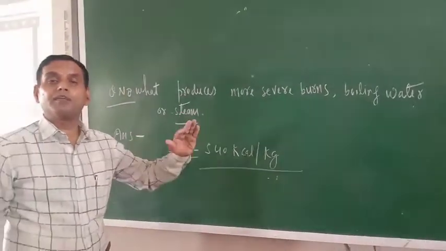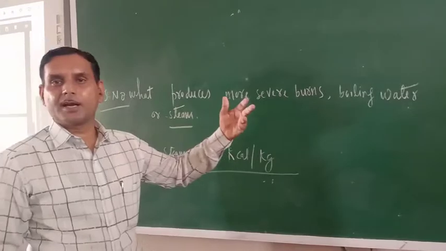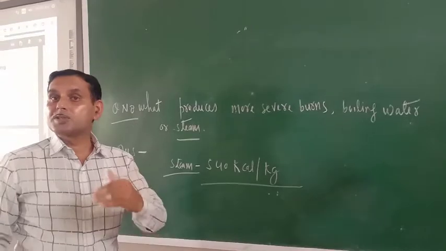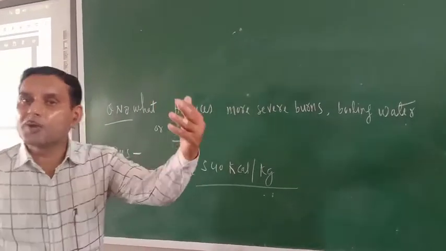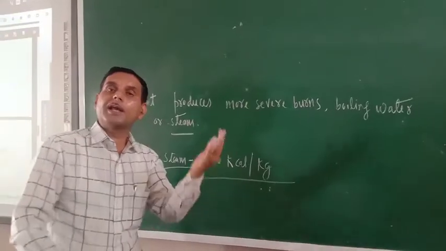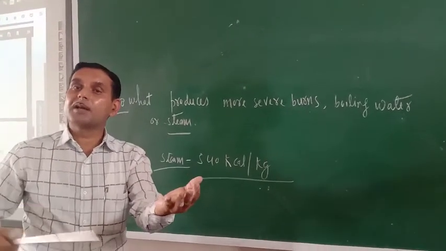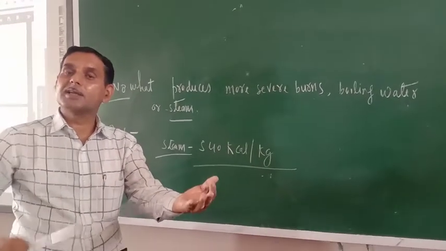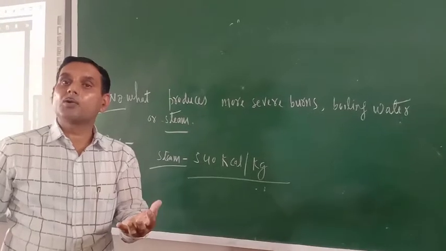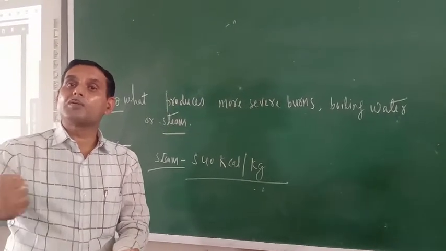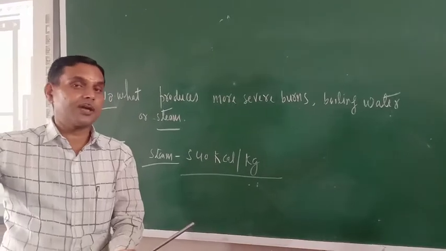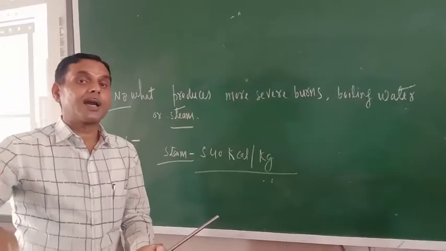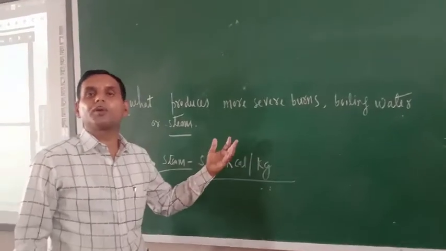Just remember the conversion of states of matter. Steam is the conversion of liquid into gaseous state, but when it falls on any other object, the back process takes place, the conversion of gas state to liquid state. What is the name of the process? Condensation. Condensation always takes place at low temperature, and whatever amount of heat it absorbed while converting from liquid to gaseous state, the same amount of heat it will emit or evolve. That is why a more severe burn would be there.